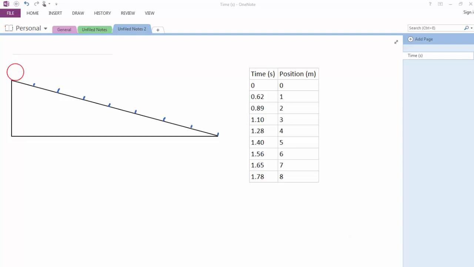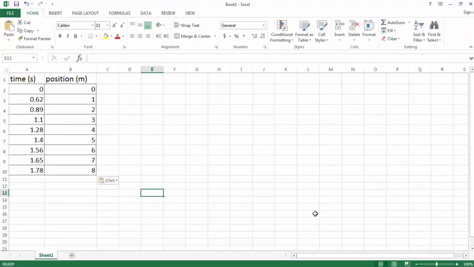So let's do that. So I've entered my data into an Excel spreadsheet. You can see time in column A and position in column B. Now, Excel automatically assigns the leftmost column to the x-axis and the rightmost column to the y-axis when you're selecting data. If you have them backwards, there are ways to swap the data. We'll look at that in some later tutorial. But for now, we want to graph on the x-axis time and on the y-axis position. So what we want to do is select our data